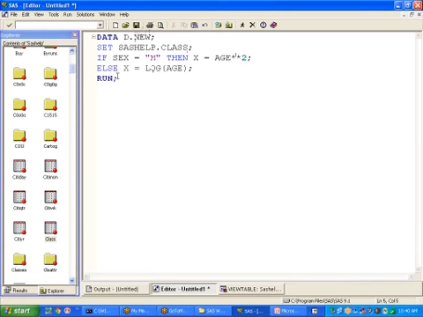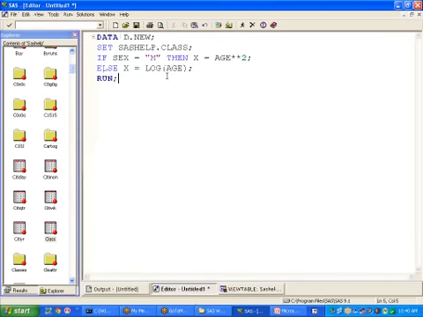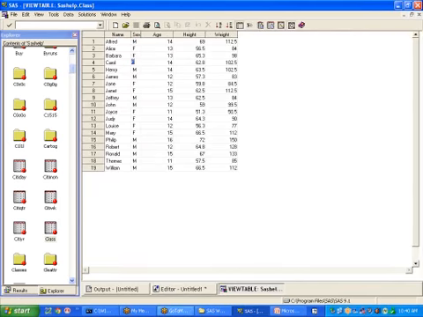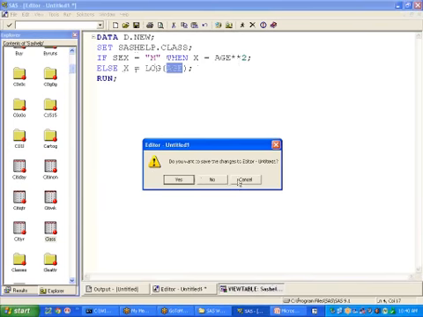What we are doing is, if the variable sex has the value m, then a column called x will store for me the square of the age variable. Else, that means if it is female, it will store for me the log of the age variable. So if I run this,